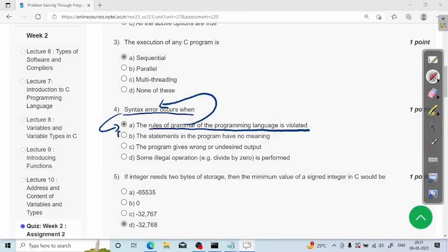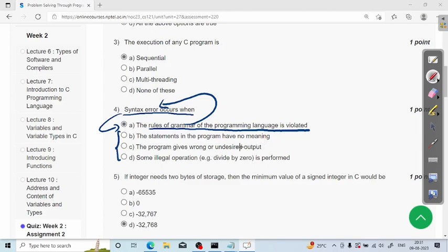Whereas the other three options are not correct. If the statements in the program have no meaning,